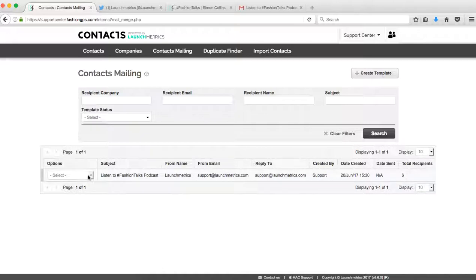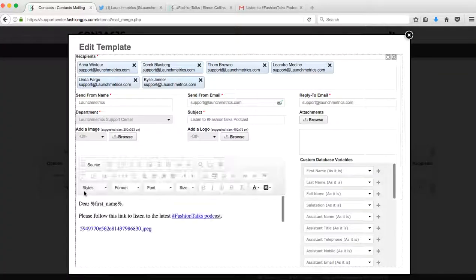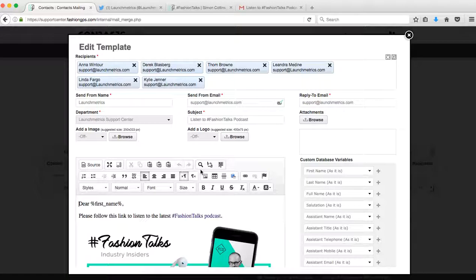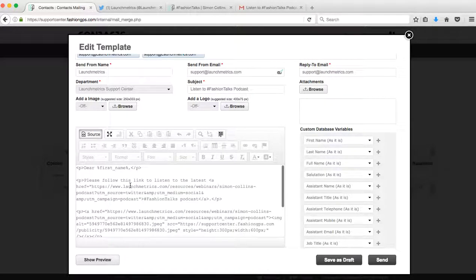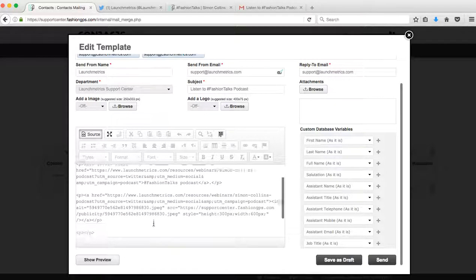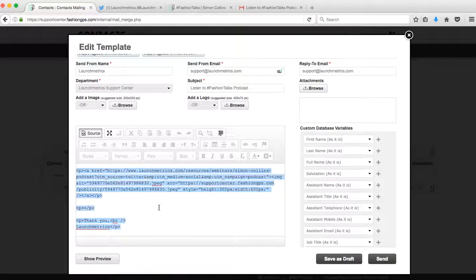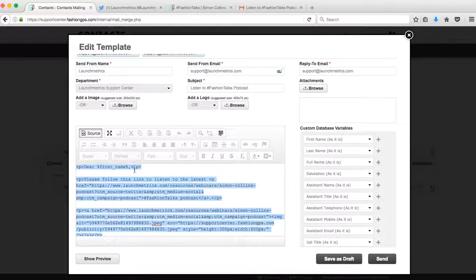Now, one thing I want to also take a look at is using source code. So if your team has the luxury of working with a graphic designer who creates rich HTML coding for all your press releases, you can import that code directly into the body of the email. So the way that we put this template together, we typed everything out, dear first name, we did all that. If I click on the source, you're going to see that behind all that is a series of HTML coding. So pretty basic here, but if I copy this code, so I'm going to copy this code for example,